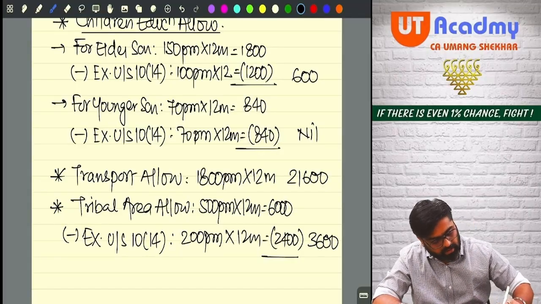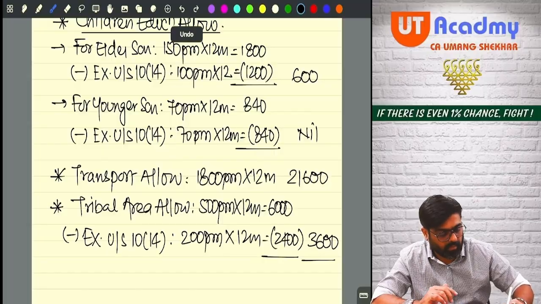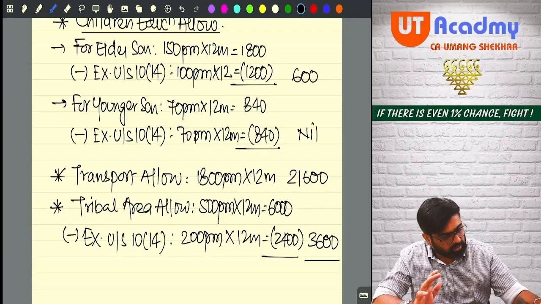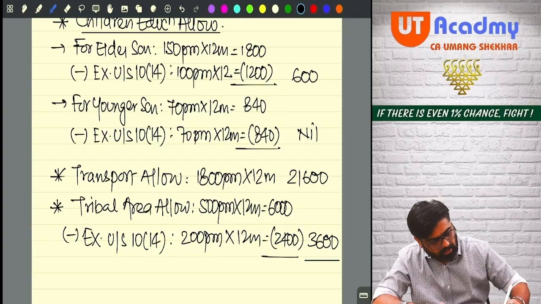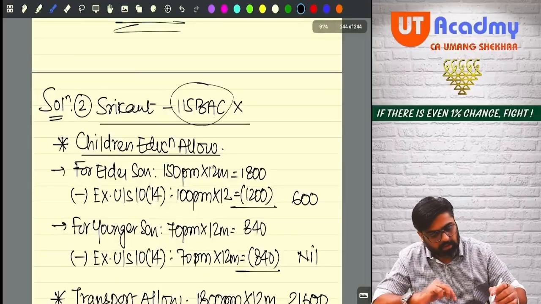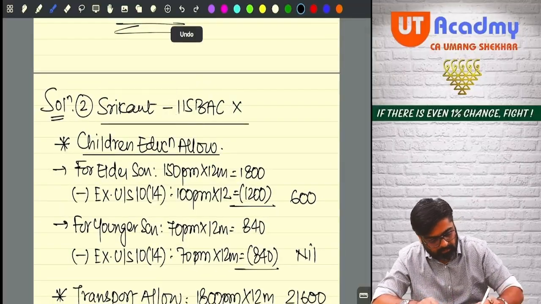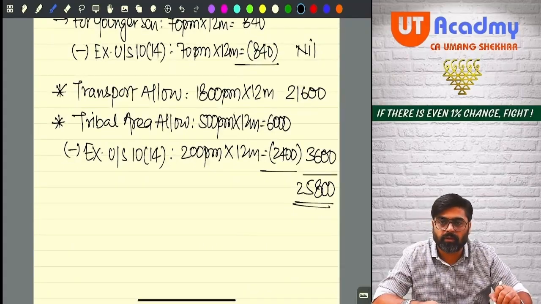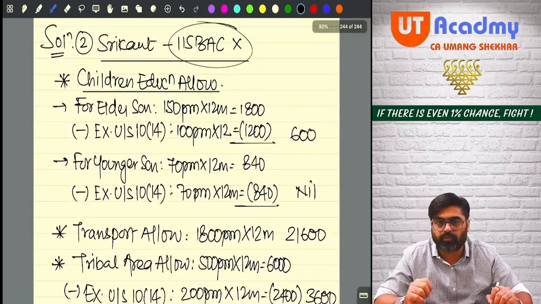Sure. Any other allowance received by him? No. All the allowances are done. So 21,600 plus 600 plus 3,600. Taxable amount will be 25,800. If he does not follow 115BAC, then this amount will be taxable. Then taxable allowances will be this much. Now if he follows 115BAC,